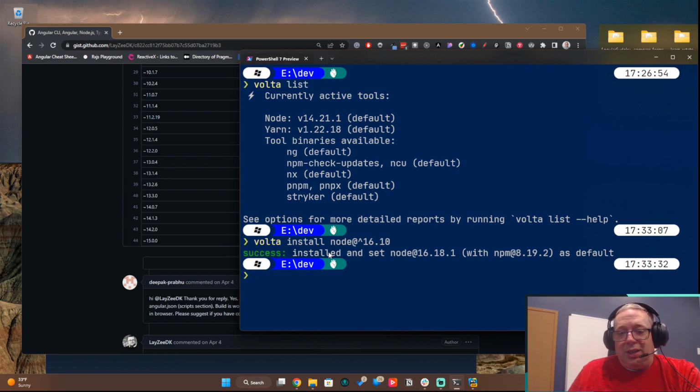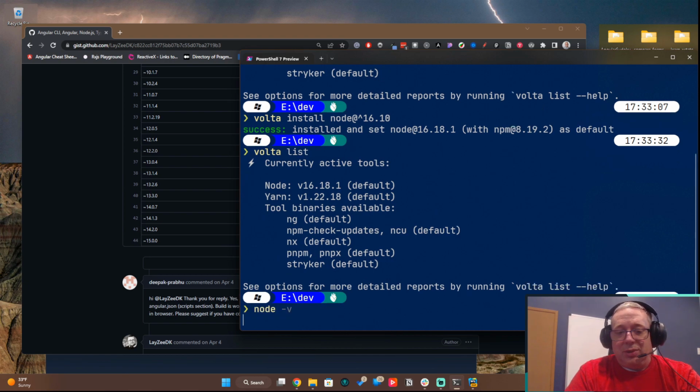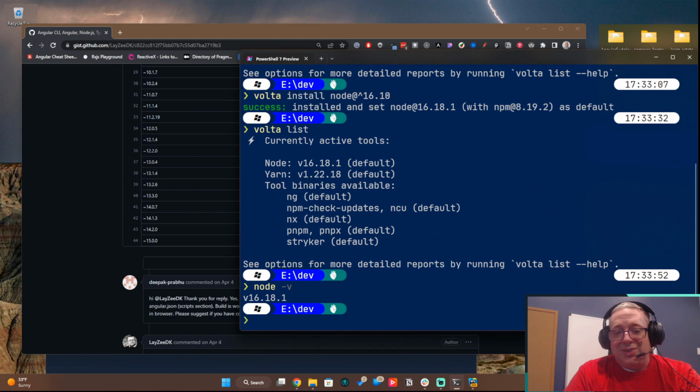By doing that, we can see that it didn't have to download anything because I probably already have the latest version somewhere. So it just swapped over, and we can see that now if I do a Volta list, it tells me that I'm using Node at 16.18.1, and we can verify this with a node -v. We're at 16.18.1. If I want to go back to 14,